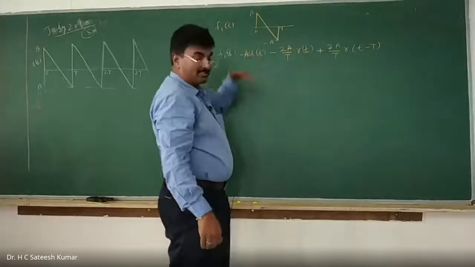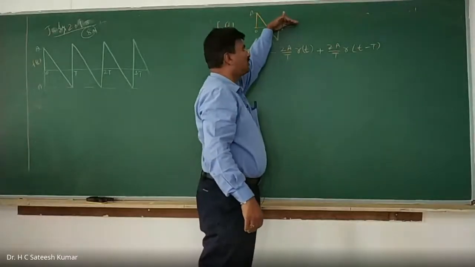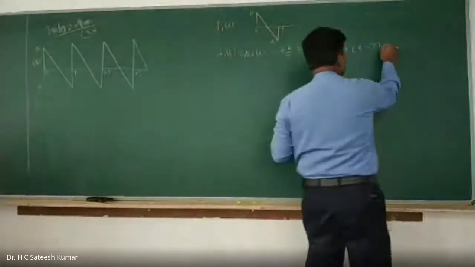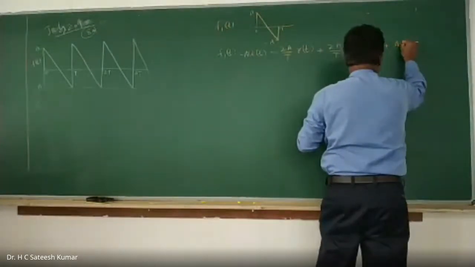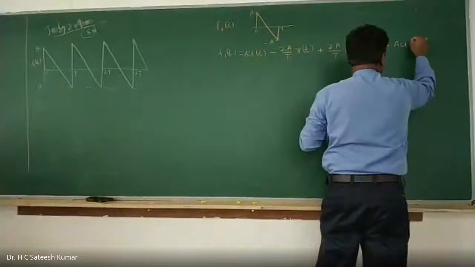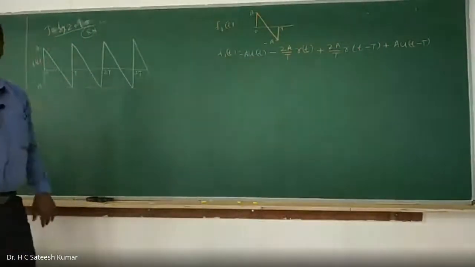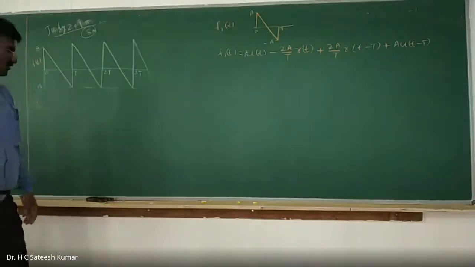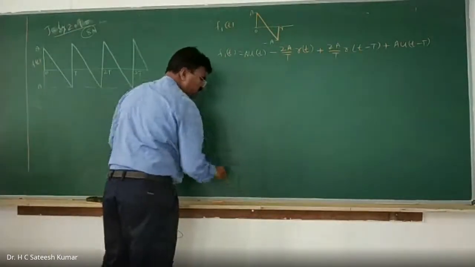Okay. That is not sufficient. If you cut this one, it will become horizontal. Now you go up by one step. Plus up by 1 unit, a units. Therefore, a into u of t minus t. That's how we should write it. This is very, very important step. If you are able to do this, rest and all is very simple. And these concepts, I will be using it in the higher semester in signals and system as well.